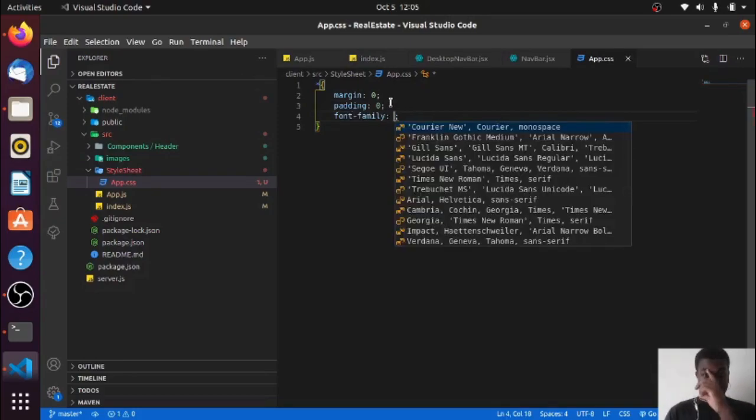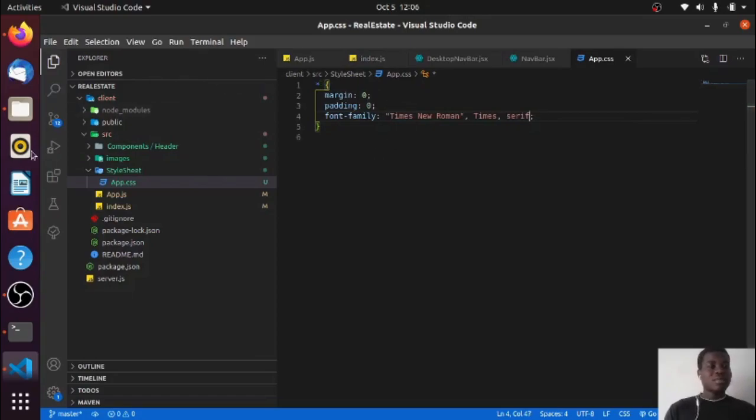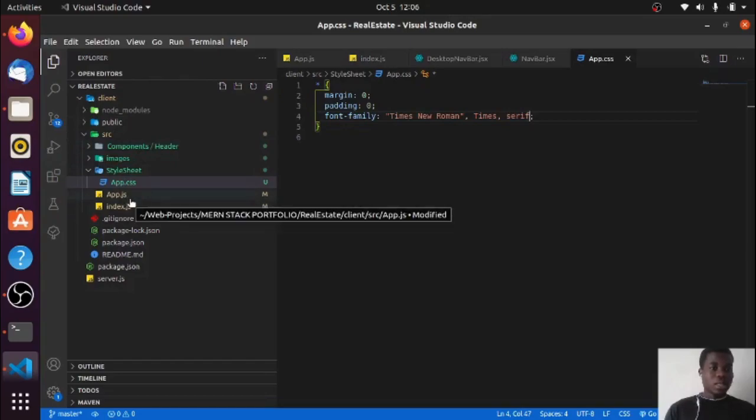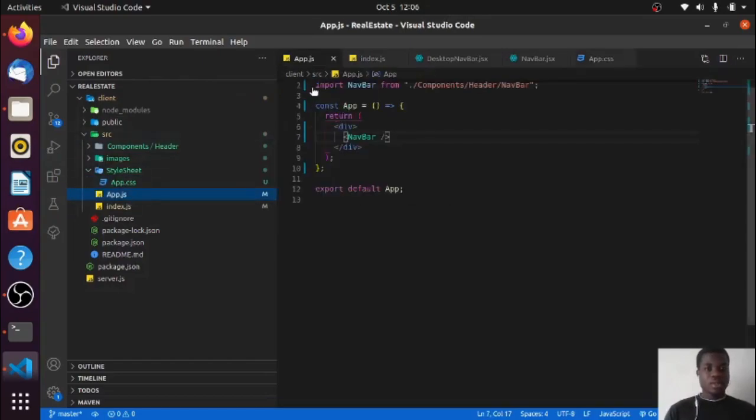There's this other font family that I'm liking, guys. I think it's this one. I don't know, I think it's this one. If not this one, we'll see. And then I give that font family. And then I put the CSS into the app.js, and it'll give me these global styles,